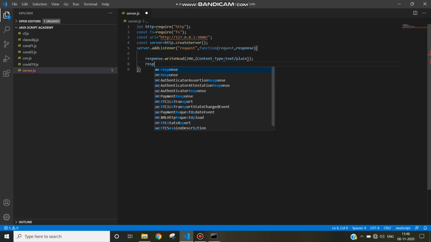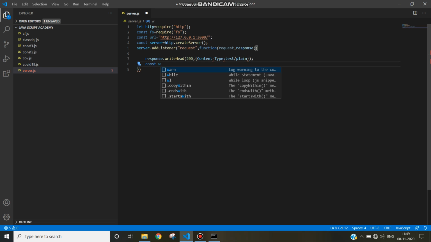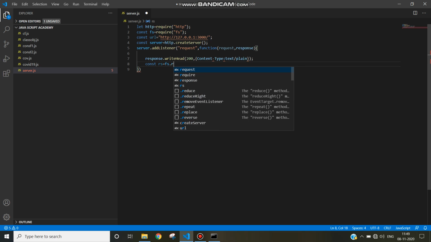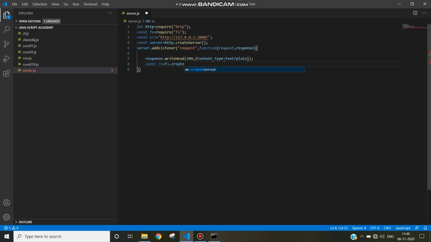Further, in response we can write a const read stream, rs, equal to fs.createReadStream.